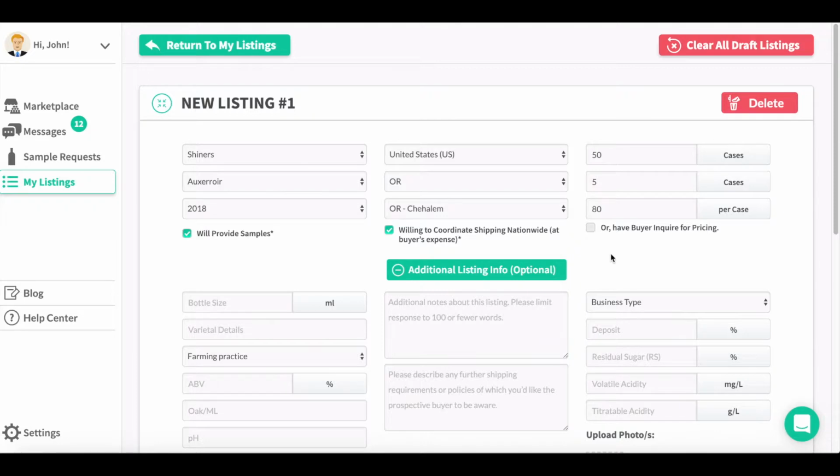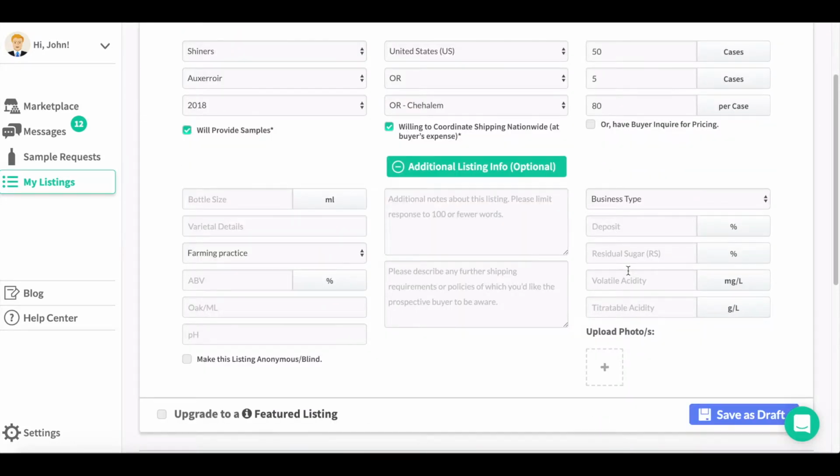This section will differ slightly depending upon what format your product is in, whether it's grapes, juice, shiners, or bulk wine. For this video, we're going to assume we're looking to move shiners. Here, you have the freedom to not only publish more detailed information about your product, you can also upload photos